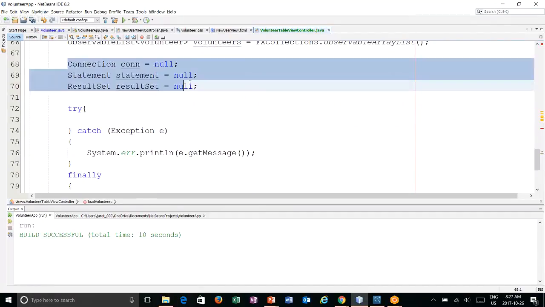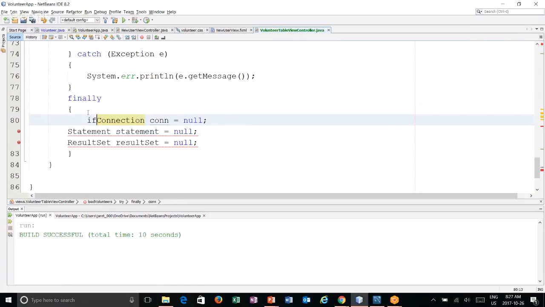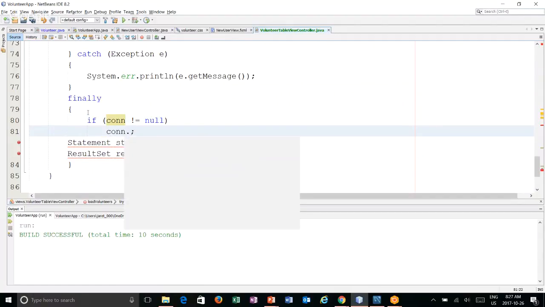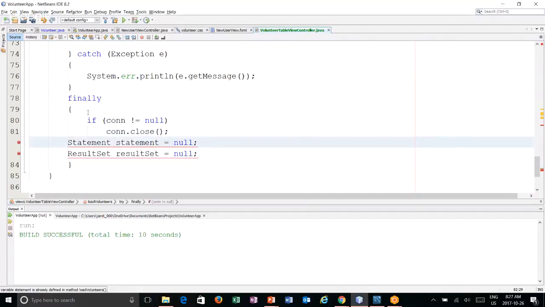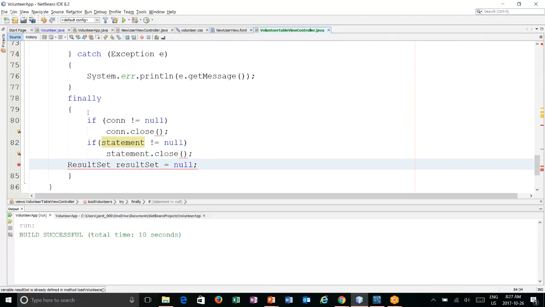So I'm going to take each of these. And in my finally block down here, I'm going to say if a connection does not equal null, then I want to say connection dot close. Similarly, if statement does not equal null, then I want to say statement dot close. And if the result set does not equal null,